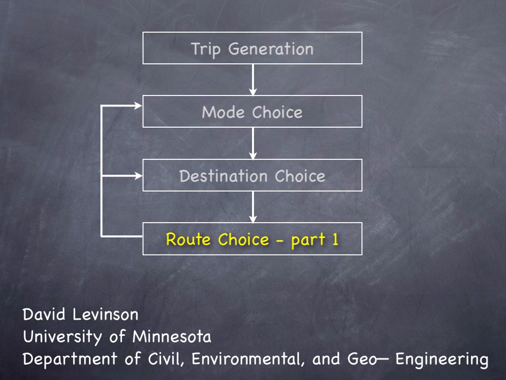The farther away places are in space or in terms of travel time, the less likely places are to interact. The impedance might come from the log sum of the mode choice model. The mode choice model predicts how many people going from zone I to zone J will use mode M. If mode M is driving and using the road network, we then want to know what routes people are going